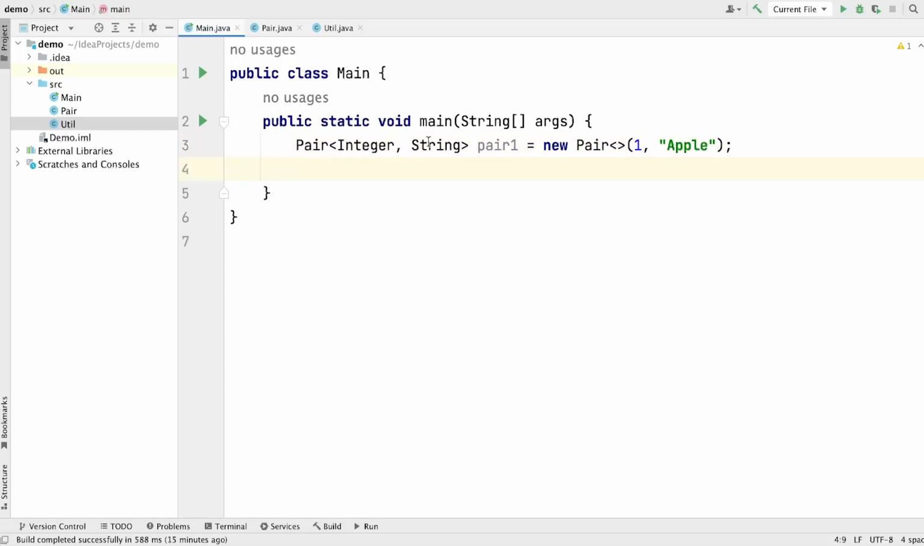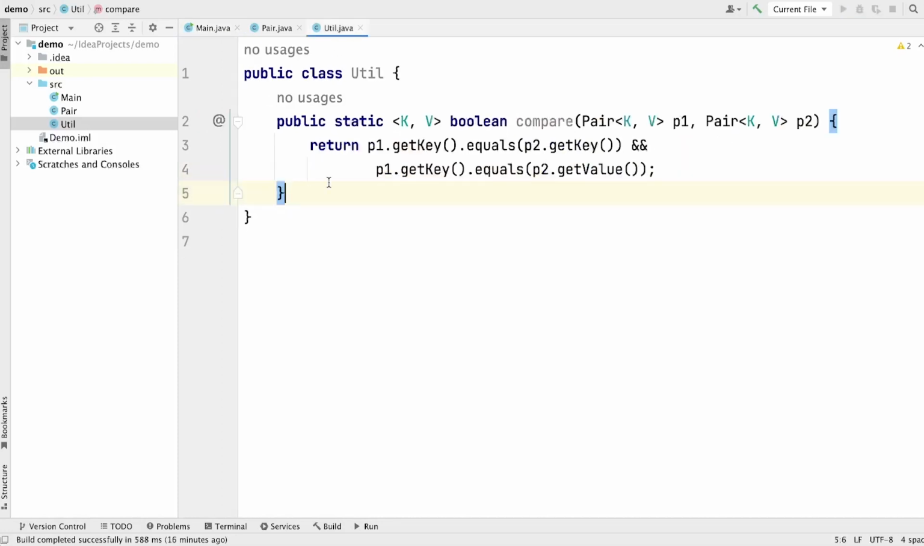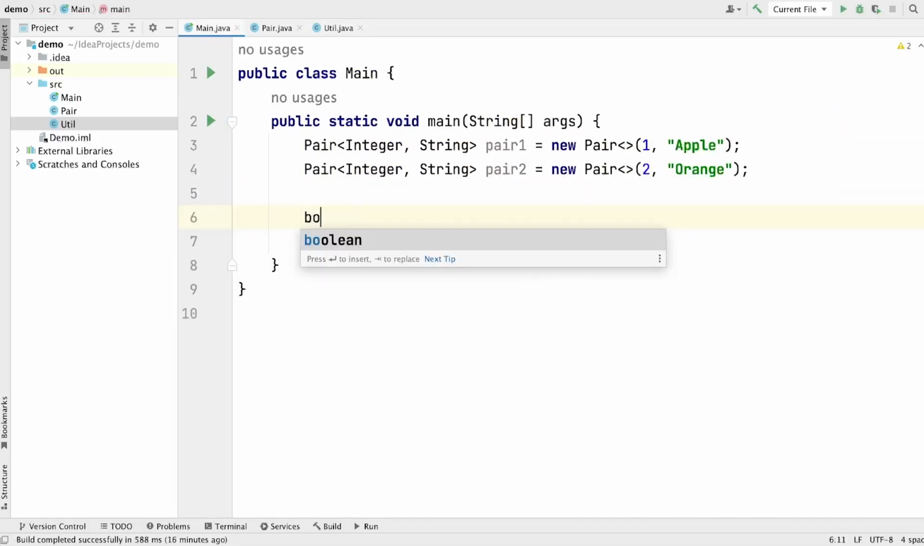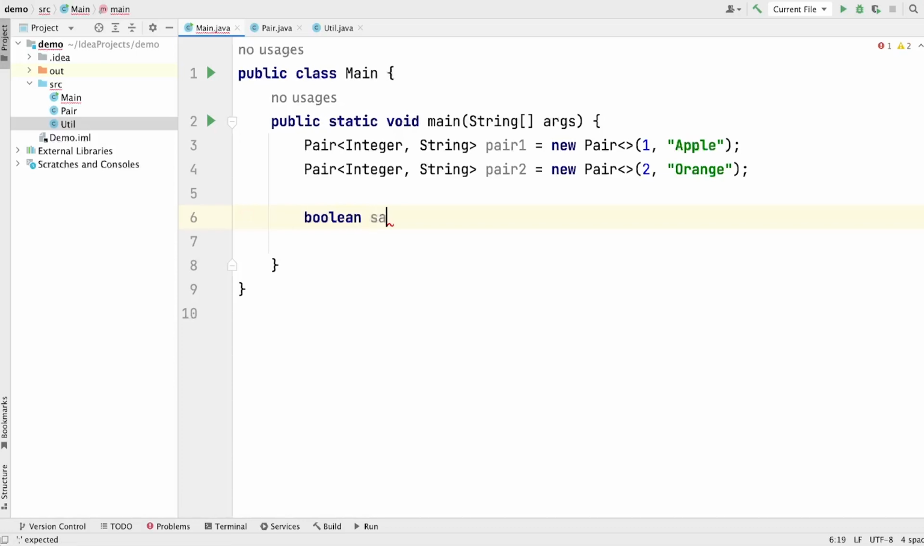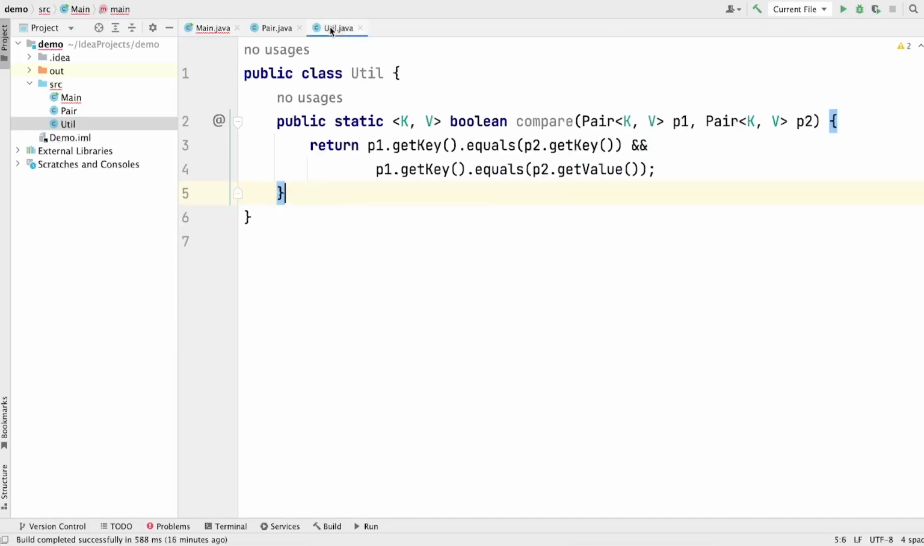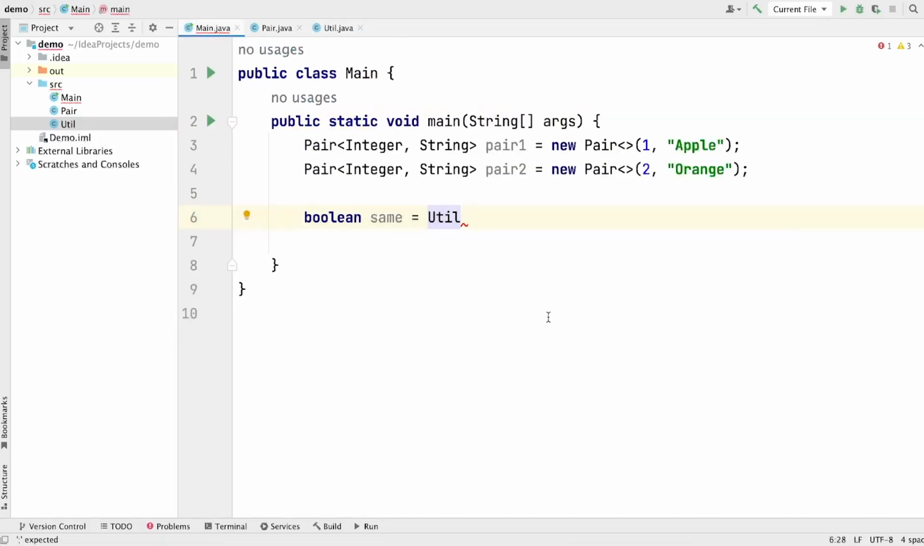Let's create one more object. Let's name it pair2, and this time let's pass 2 as the first argument and the second as orange. Now we are going to use this Util class to compare these two objects. Okay, so let's call boolean, let's name it same is equal to Util class, and as this is a static method, we can directly call this method without instantiating an instance of Util class, right? So Util dot,